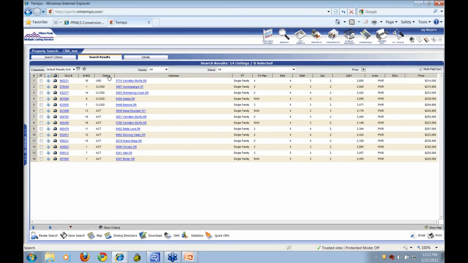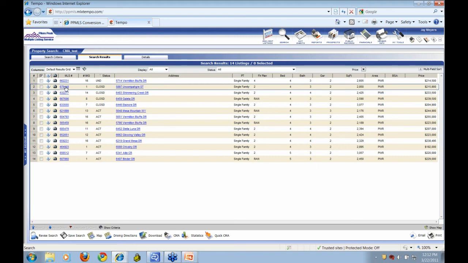At this point, I would then take a close look at all of these candidates that I would be using for my CMA. Remember, I just did a search and said, okay, this is what's out there. Now I really need to make sure these are the apples-to-apples properties that I want to use. And the way that you can do that very quickly is to go to one of the properties that you want and just click on the line. Now, don't click on the underlined address because that'll take you to a map.